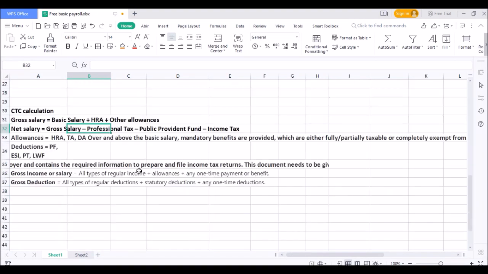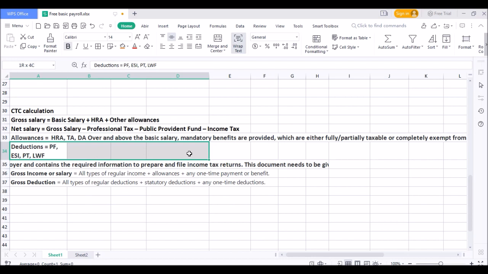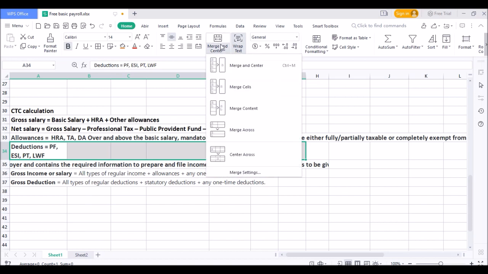Components of payroll which we are going to learn. These are the CTC calculations which you are going to do and how you can create a good CTC. So there are multiple components. You can see gross salary, net salary, allowances, deductions, which include your PF, ESI, professional tax, labor welfare fund,